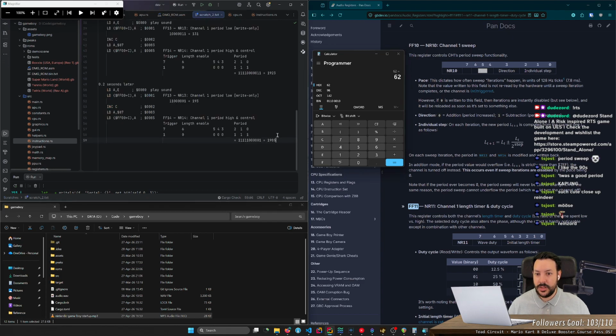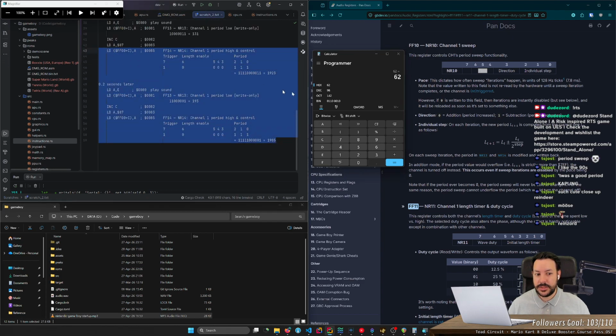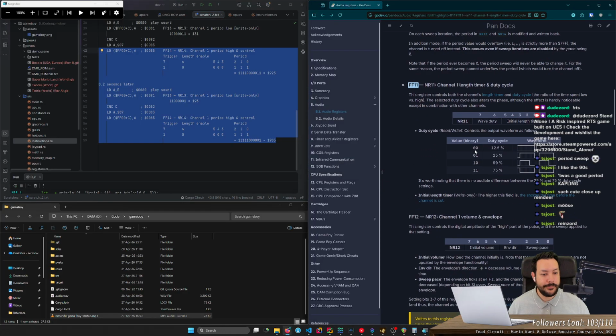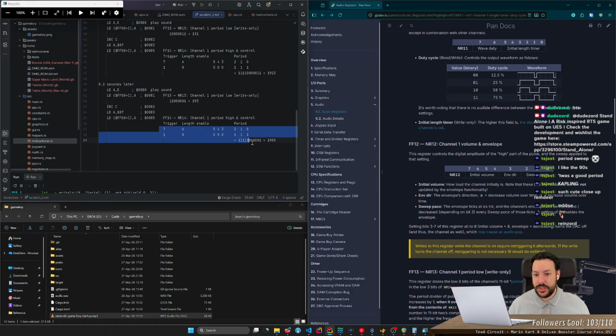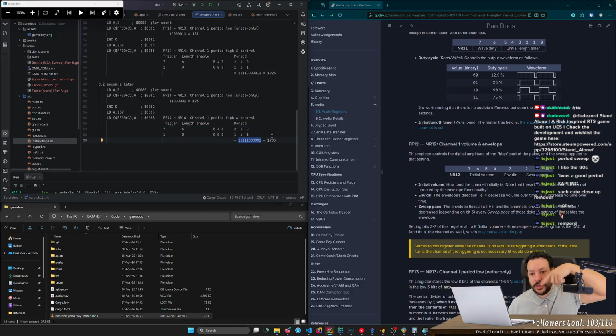Okay, so this sets the period. This sets the period. And then it triggers with the new period. Okay, so the period is what's gonna drive the, I mean, the distance. Oh man, this is so difficult. Like, I literally cannot understand.